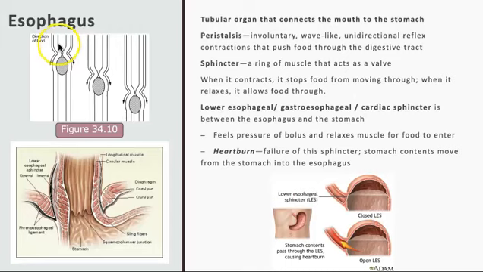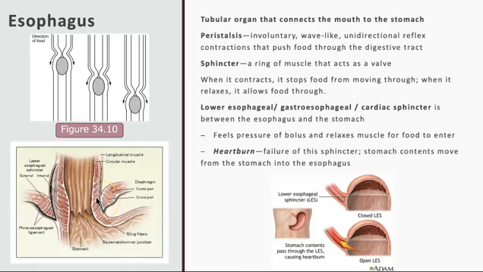And it does this through peristalsis, an involuntary wave-like motion, and it's unidirectional, meaning that food can only move in one direction, and it helps to shift that food down into the stomach. So we see part of the stomach down over here. It's being